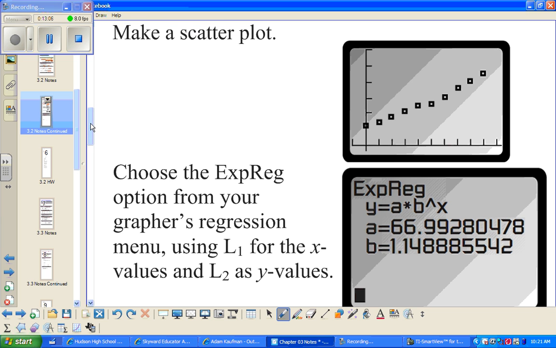And then what you should have found was there's an exponential regression function on your calculator. If you use that, you should have gotten A to be 66.9928 and B to be 1.1488885. Okay. So if you graph that,